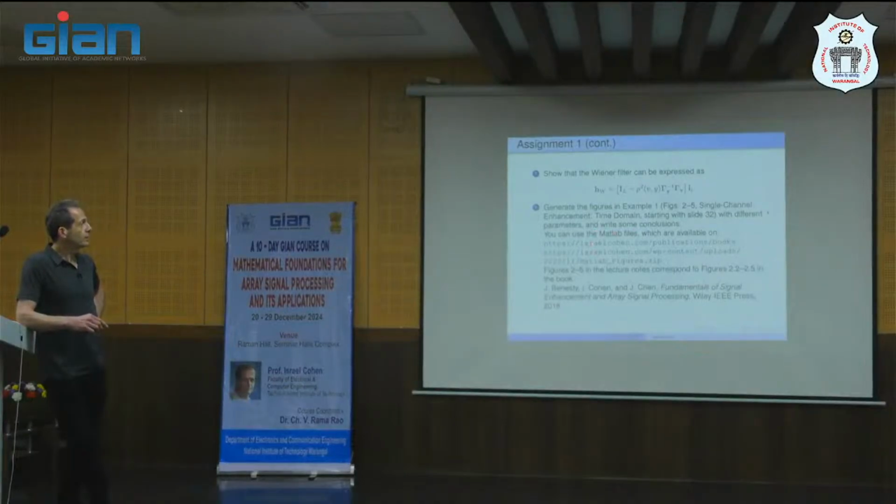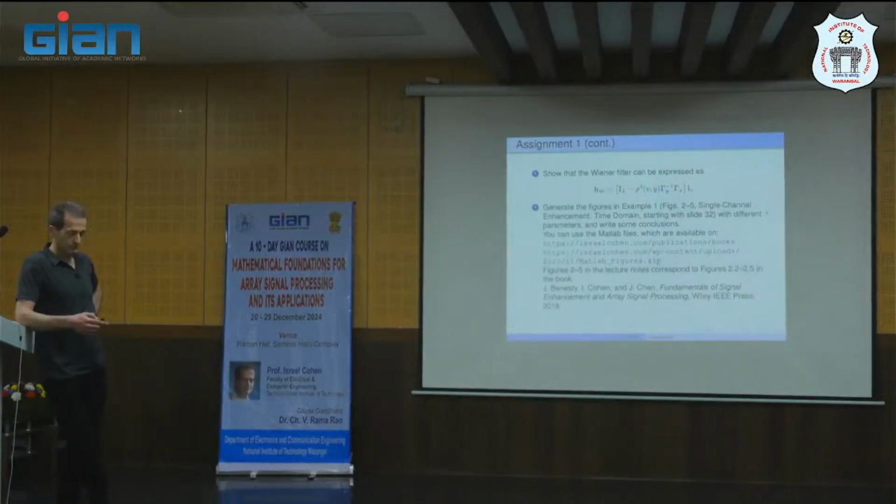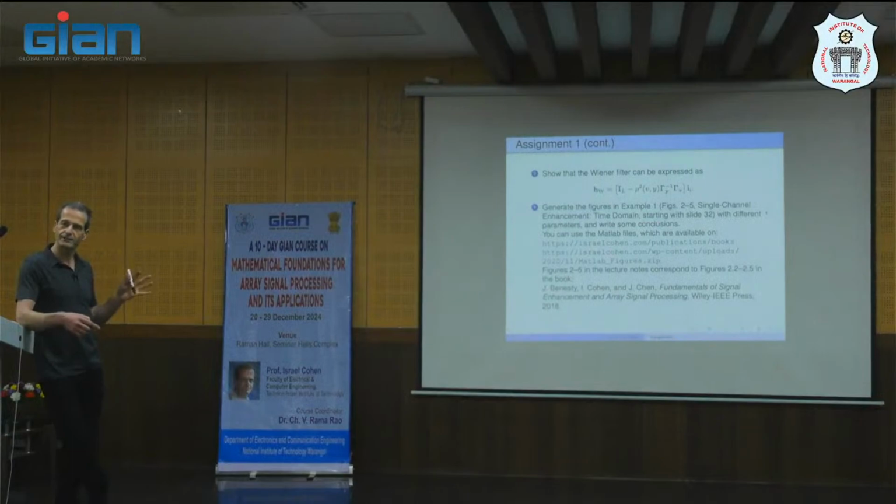Okay, so I want you to generate the figures in example 1, all these figures that we just saw, but with different parameters. Change the parameters, play with that. But I don't want you to spend 3 days on that, okay? I want you just to play with the MATLAB code, change some parameters, understand, and